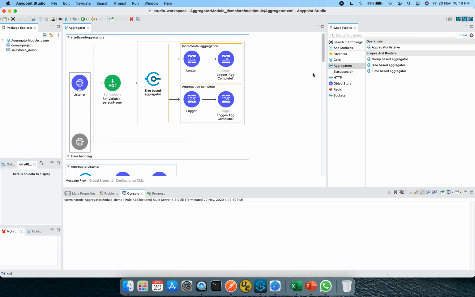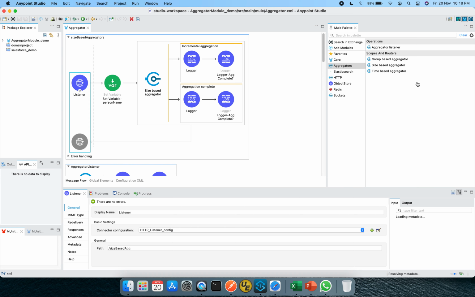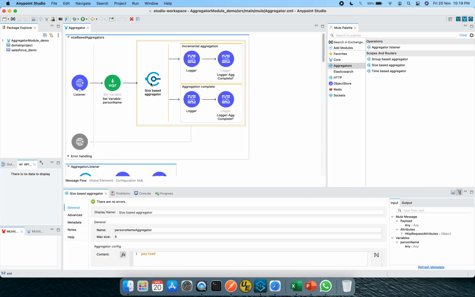In order to do that, you just drag and drop this size based aggregator onto the canvas, and this particular configuration will open up. The first part is the incremental aggregation, which we have already discussed, and the second part is the aggregation complete. Now let me walk you through the complete configuration of this size based aggregator.